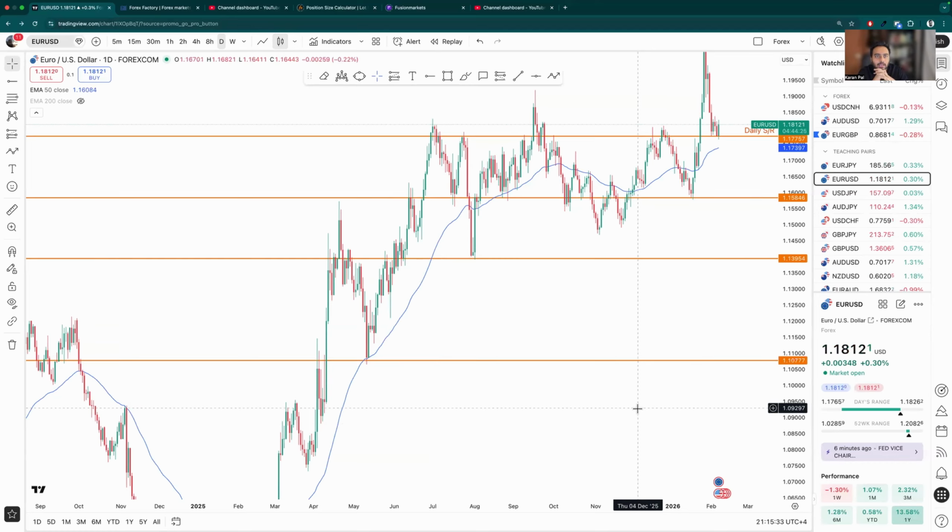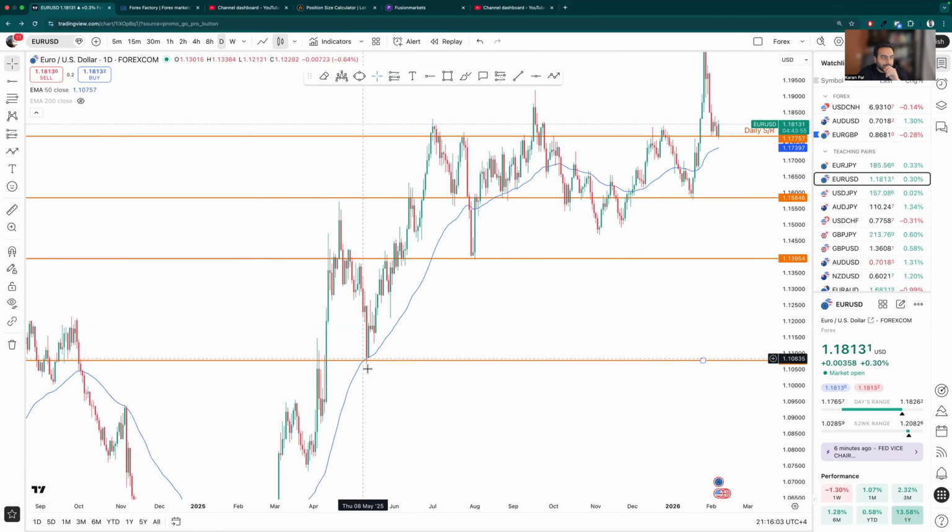A lot of people I have learned from. I was in FXLXG's bootcamp, so he does it with the body candles. Then I have also learned from Rainer Teo. He does it with the wicks. So I do it with the wicks because the way I've been seeing price action, I see that wicks mean a lot of things. Wicks have a lot of value.